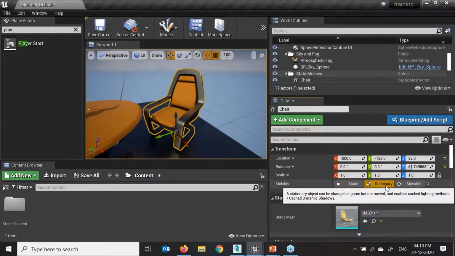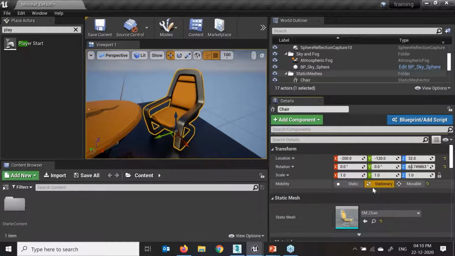Then we have the stationary. Stationary means what? It easily gets shadow if my character is entering my room, right? So the shadow will have an effect, that character shadow will come in the scene. So that is stationary. This is the movable light: directional light, sunlight, atmosphere light, everything is in movable over here.